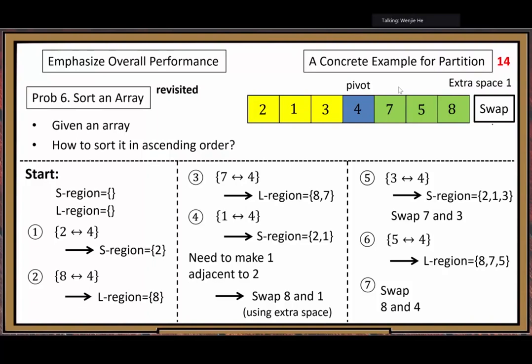See how smart it is. Implementation is pretty straightforward, pretty simple. But after all the analysis work, you can see we complete this important divide step.